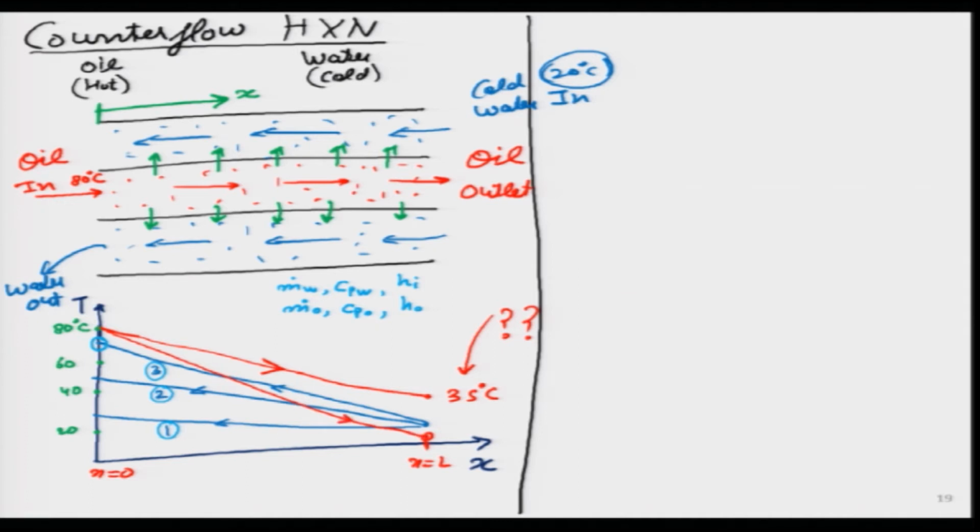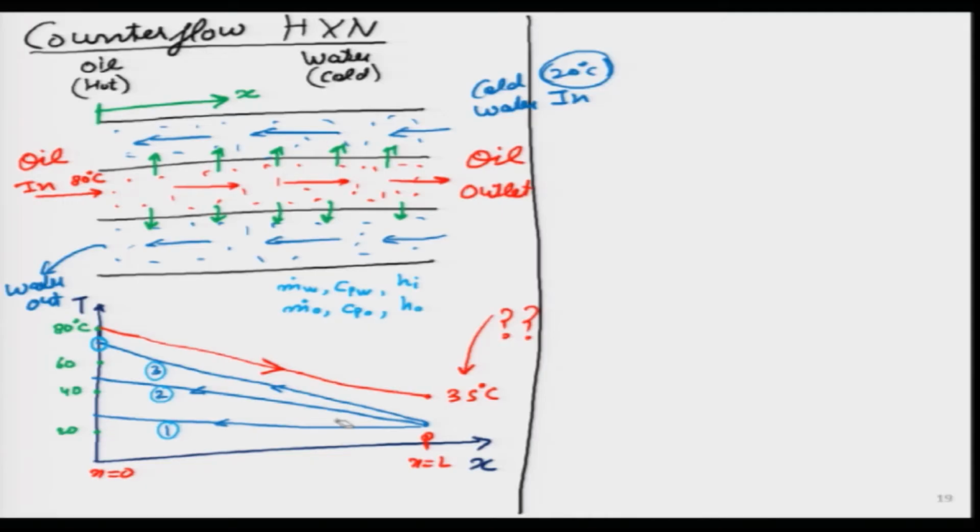So, again that same thermodynamic law will be violated, that its temperature can't go below the minimum temperature of the system. Already the minimum temperature of cold water is 20 degrees, which means this oil can go a little bit more than 20 degrees. So, we can cool oil to maybe 22 degrees, 21 degrees, even 20.001 degrees, but we can't make it 19, 18 and 17. I think students perhaps already knew that, but I wanted to bring that formally to their mind.